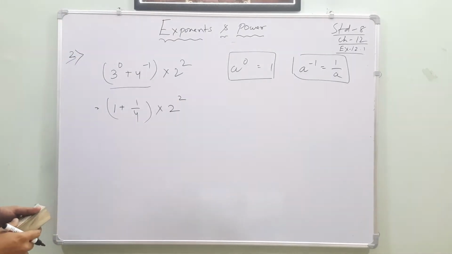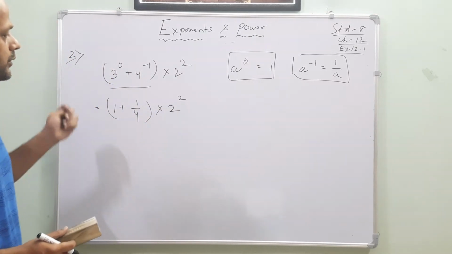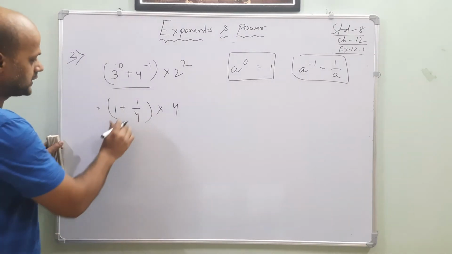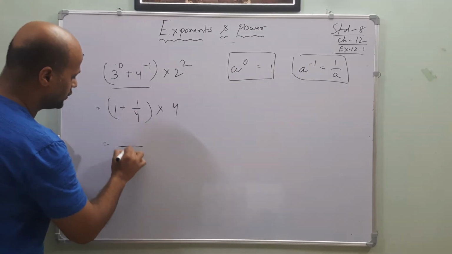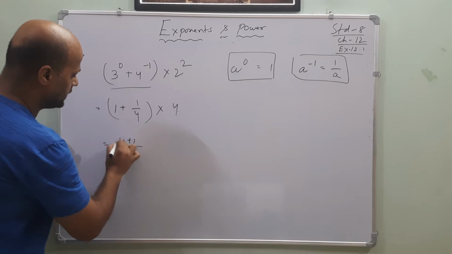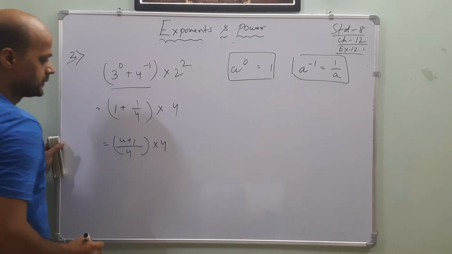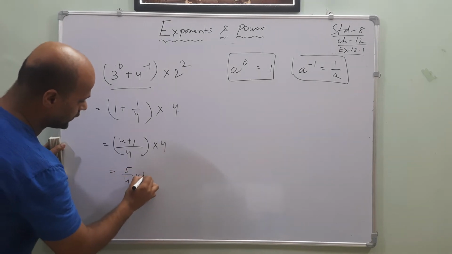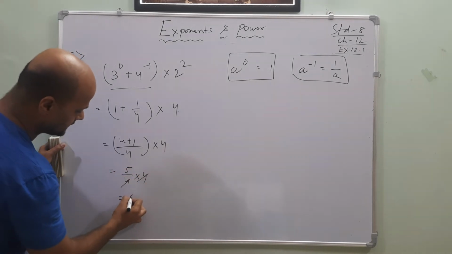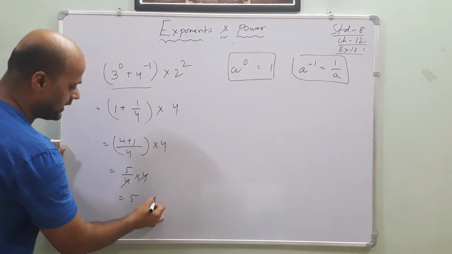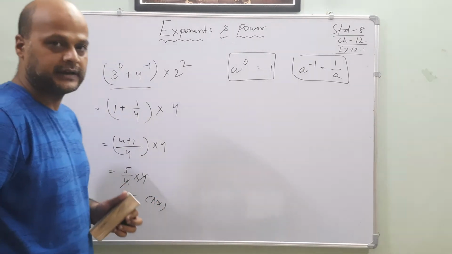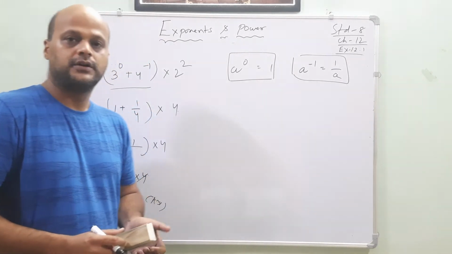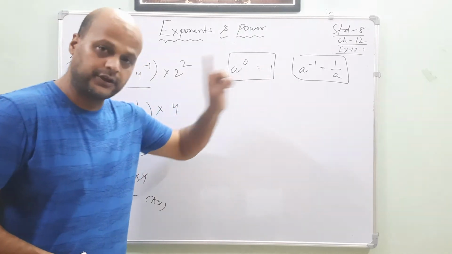Yes or no? You can do it in this manner or whatever manner. You can directly solve it also. You can write 4 also. First solve this one. What is that? 4. 4 plus 1 into 4. Now here, see, 5 by 4 into 4. 4 cancel, answer is 5. So this is the answer, my dear friends. Understood? In this manner you have to solve the equations, by using the formula. Here two formulas are used.